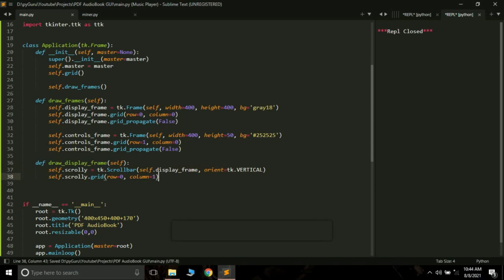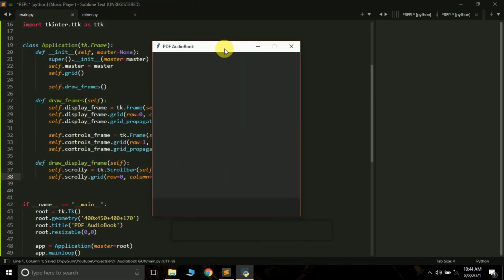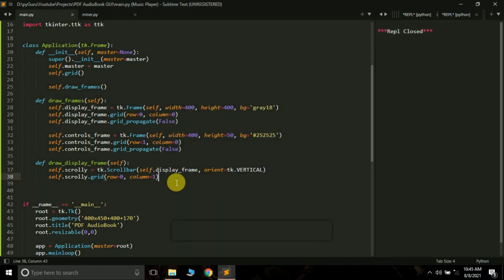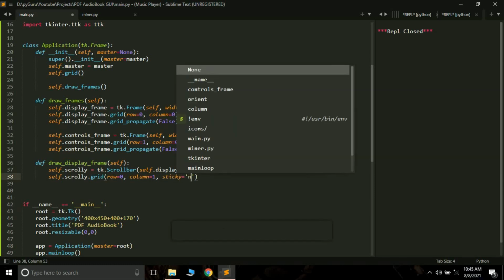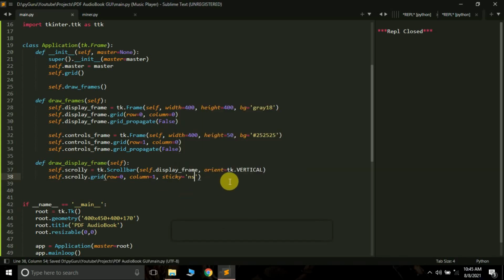So let me just run this so I will be able to explain. See, this is a window. What I want is to create a canvas up to this size, and then the vertical y scroll bar which will be here, and then the horizontal x scroll bar which will be here. Okay. So our row 0 will be something like this, and column 0 will be this, and column 1 will be this, while the row 1 will be this and column 0 will be this. Okay. So row 0, column 1, and the next thing is here we have to pass one more thing, sticky. So I want to stick it to the north south, pass ns. So it means it has to be vertical.